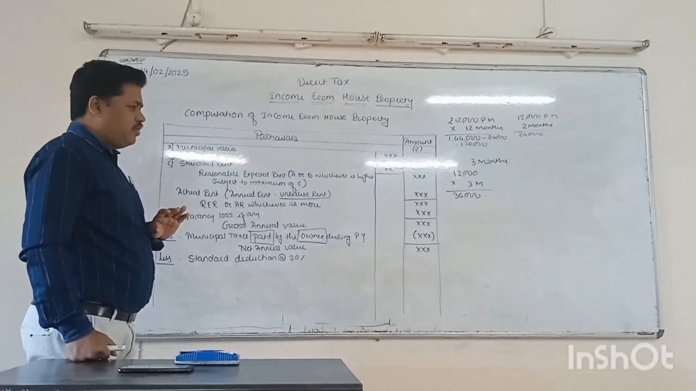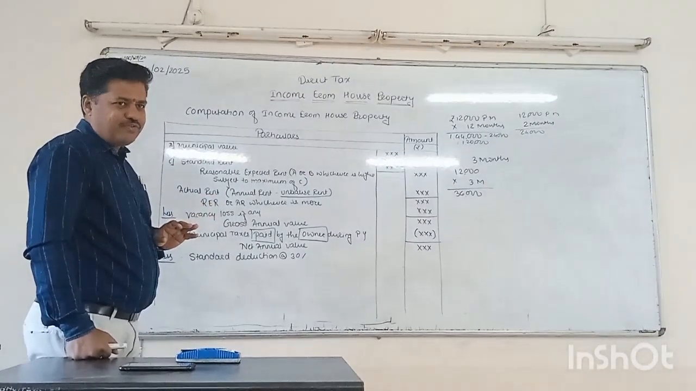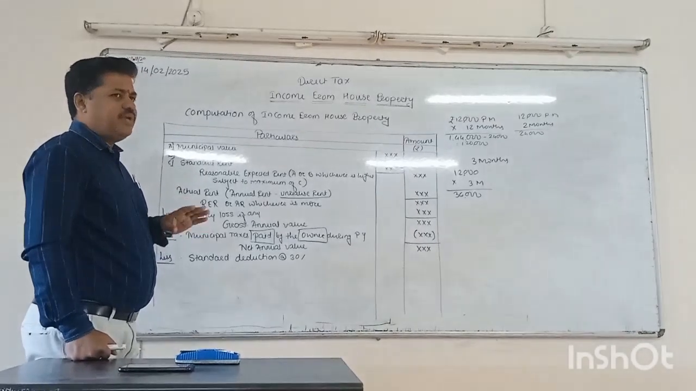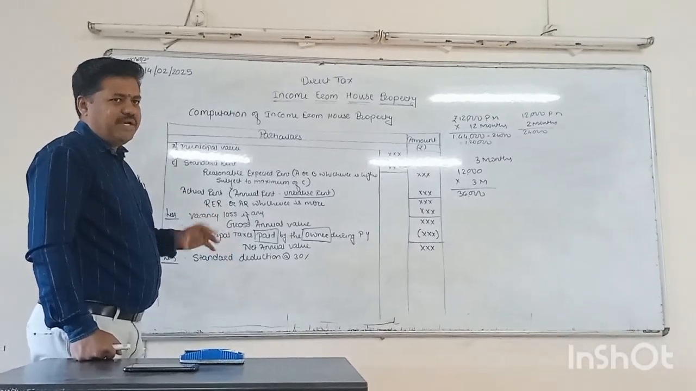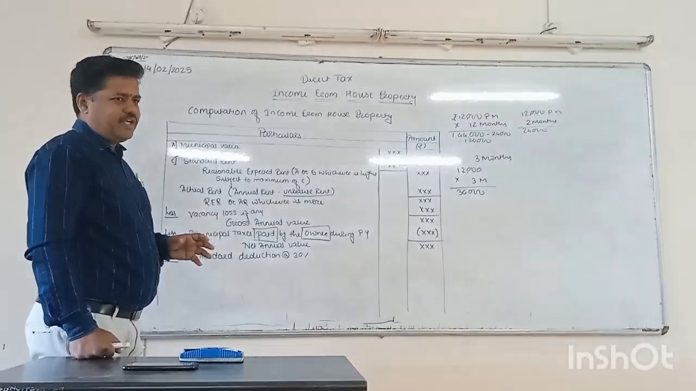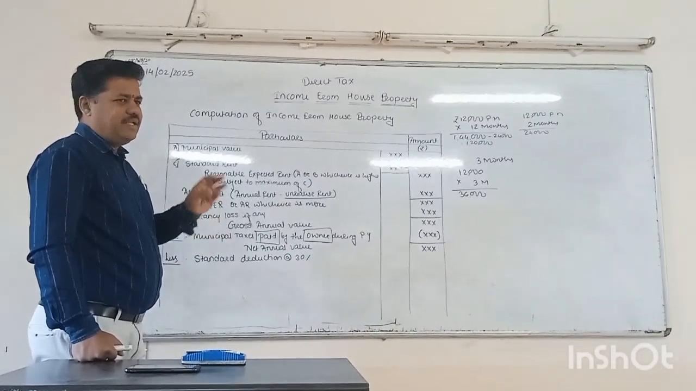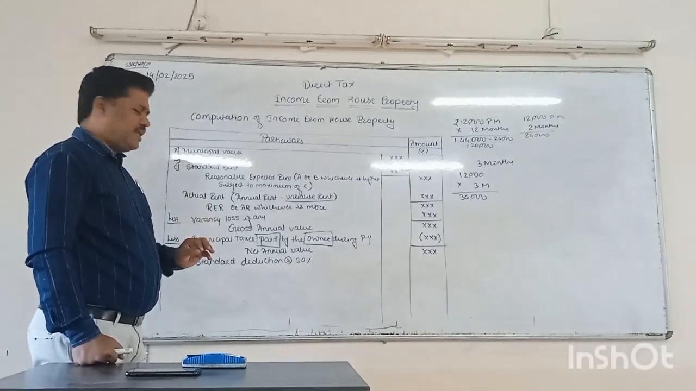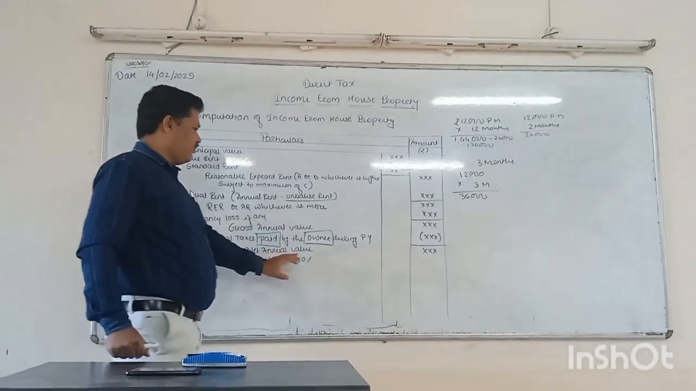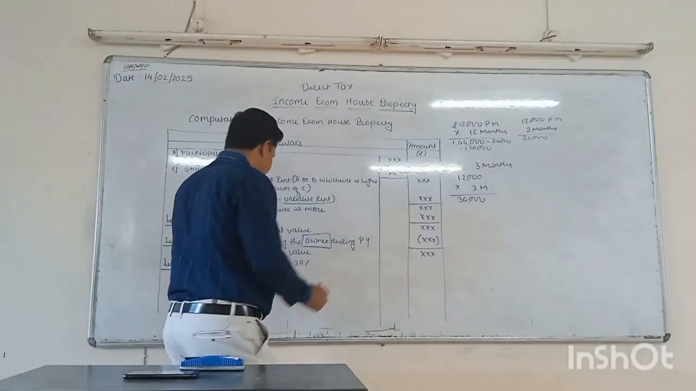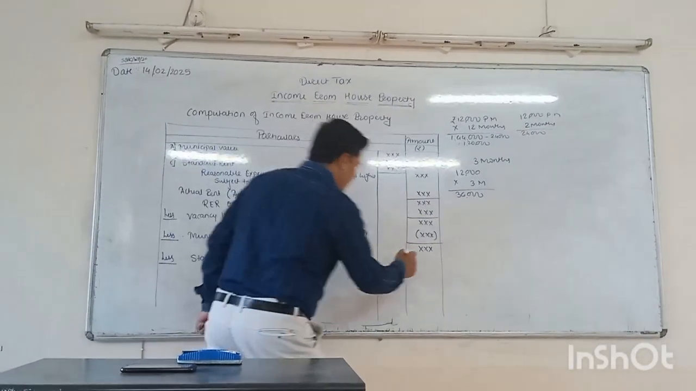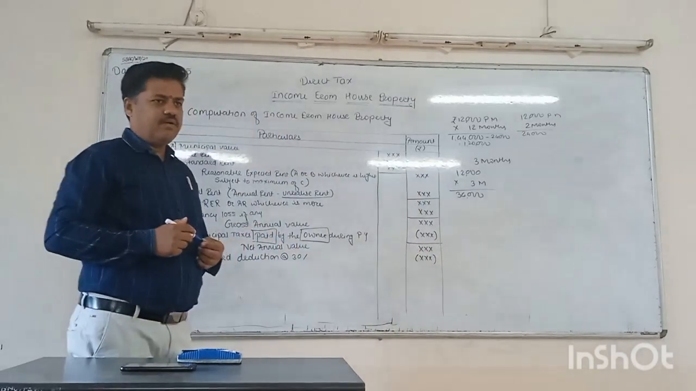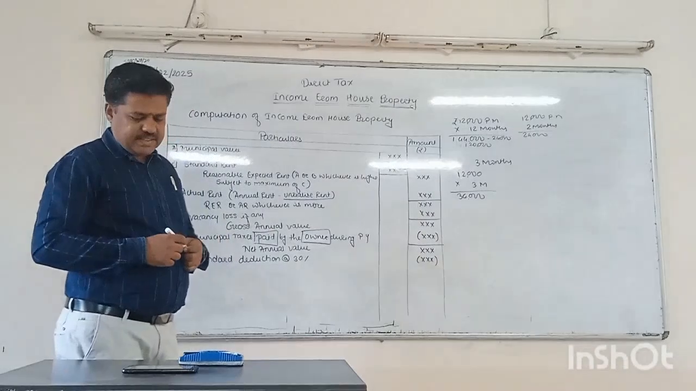Okay, there is no need to maintain any books of account for your house property. If you spend some amount on the maintenance of that property, for that purpose you never need to maintain any bills or books of accounts. Directly take standard deduction at the rate of 30%, and this standard deduction is taken on the net annual value of the property. And the second deduction is